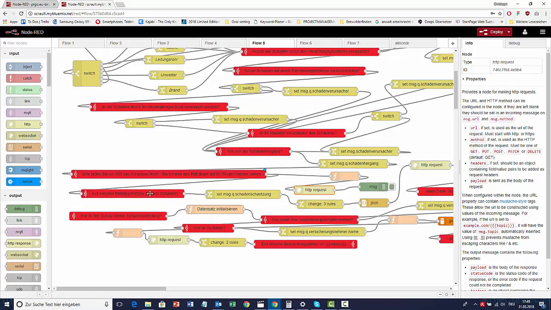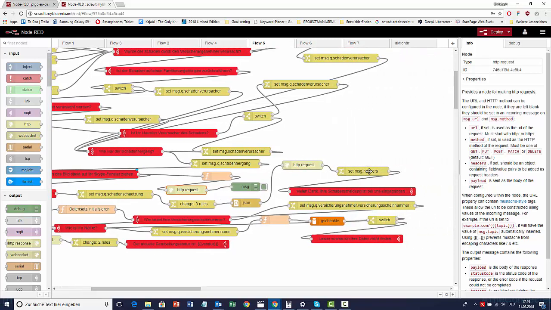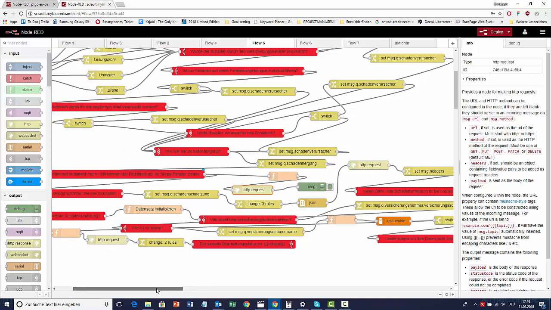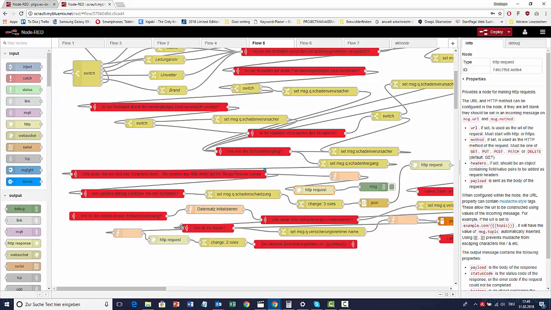And then, how much do you think the damage is? Here it sets the costs, and in the end it says, thank you for your claim, it has arrived with us.